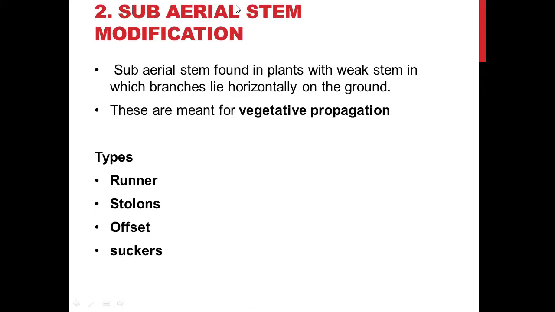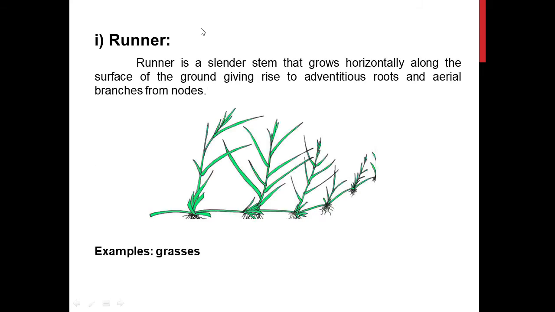Now the subaerial stem modification. Subaerial stem modification is actually the weak stem that grows horizontally on the ground, and these are meant for vegetative propagation. So the types of subaerial stem modification include runner, stolon, offset, and sucker, and these very much resemble one another. So the runner is a slender stem that grows horizontally along the surface of ground and